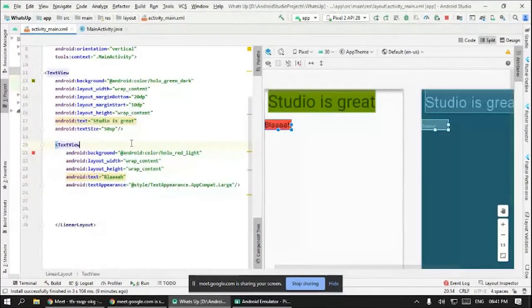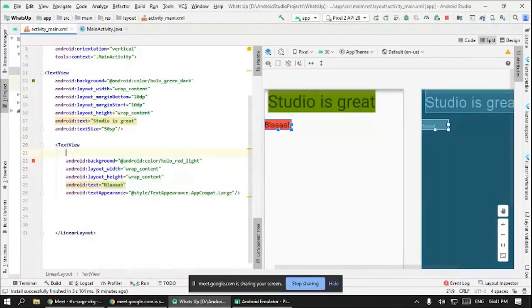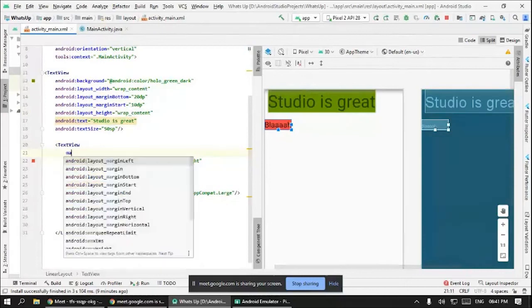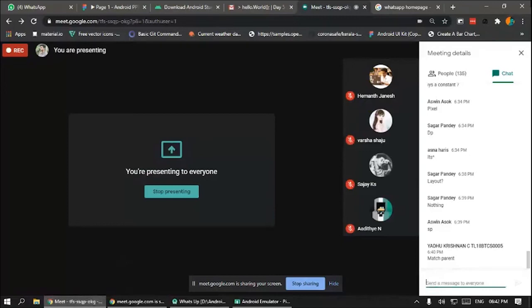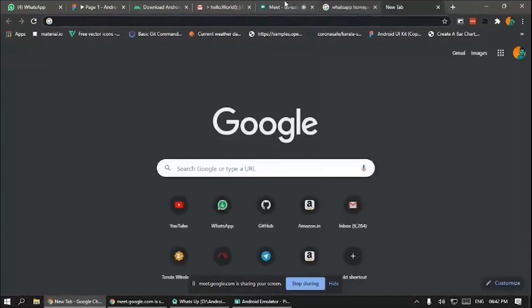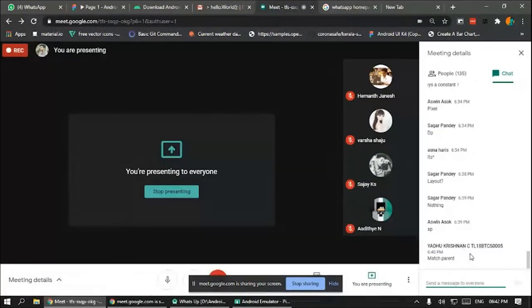And I want my blah background color to be bigger. There is not much space for that text to sit in that color, right? So let's give it some space. I think I can use margin for that. No, it didn't bring much space in there. I think, can we Google it? Let's Google it. Right. Match parent.